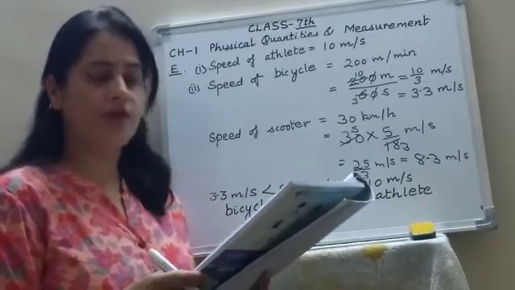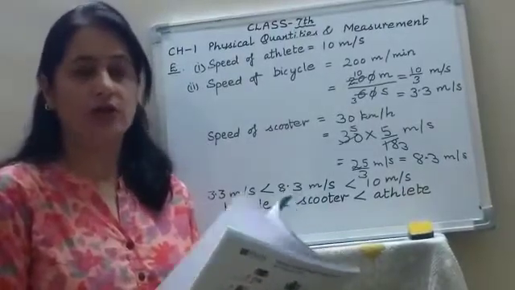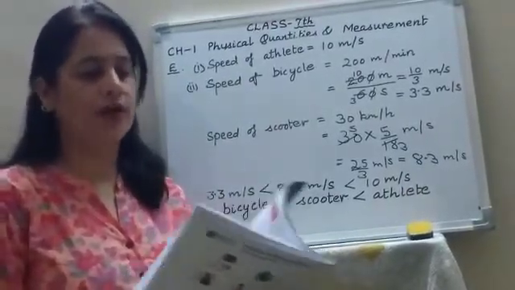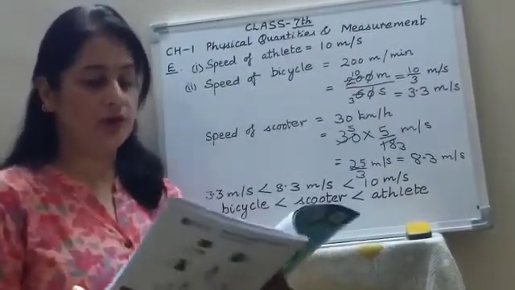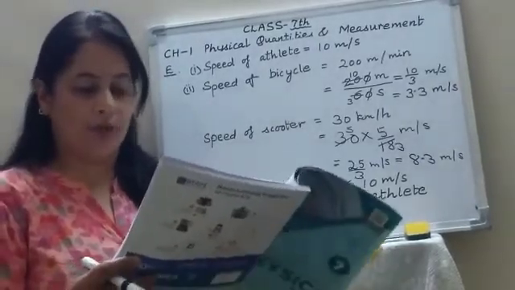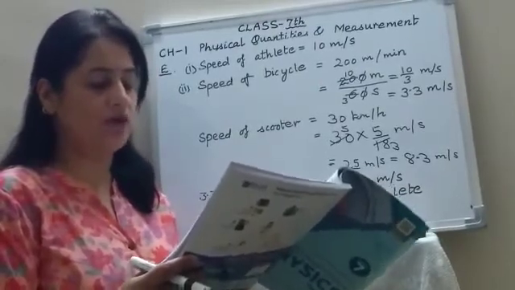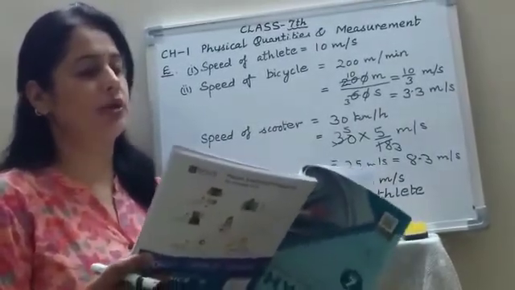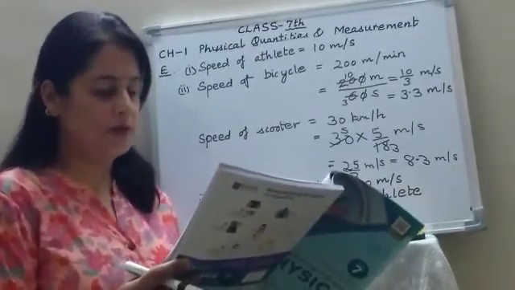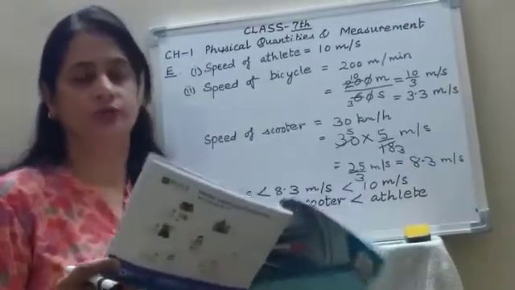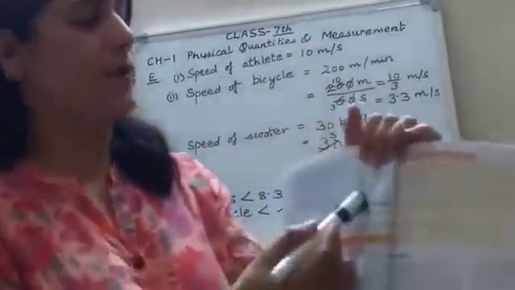Draw and explain how you will find the volume of a small piece of stone. Children, I told you how to measure the volume of an irregular shaped body. A stone has no regular shape, so we cannot use a formula for finding its volume. It is given on page number 13, Let's do it, to measure the volume of an object, irregular solid. You will write this whole method, but in place of the object you will write stone. Okay children? You will explain all this and also draw the diagram of the measuring jar.